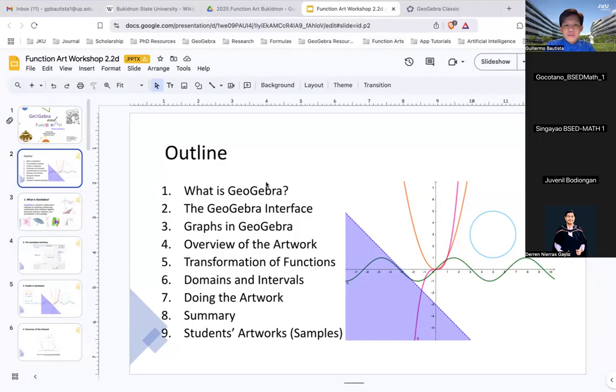I'm going to teach you how to do the artwork, and then we have a summary, and then I'll show you some of the students' artwork now. So basically,